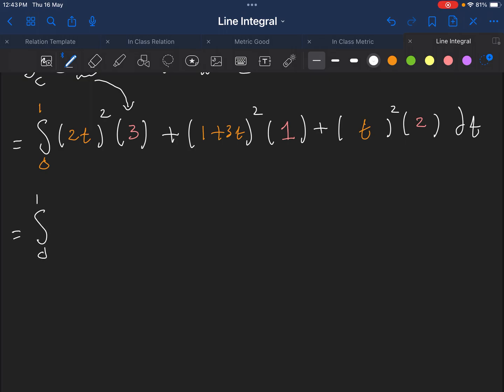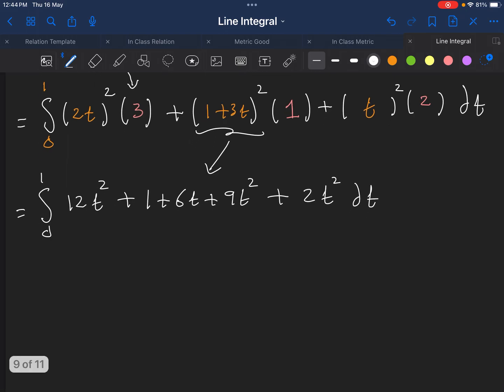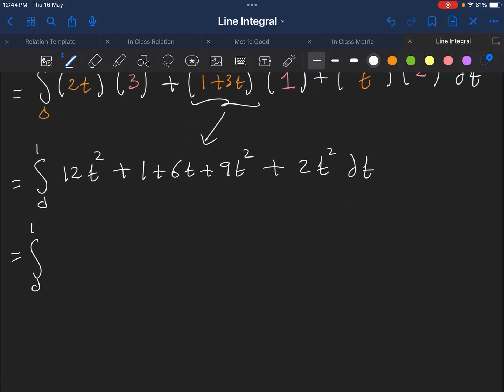So this integral will become, from 0 to 1, 12t squared plus. Now if we expand this one here, it will be 1 plus 6t plus 9t squared plus, if we expand this one here, we'll get 2t squared. Now we can take all the elements together. So t squared, 12 plus 9, 21. So this would be 23t to the power 2 plus the coefficient for t is only 6t plus only 1 here, dt,